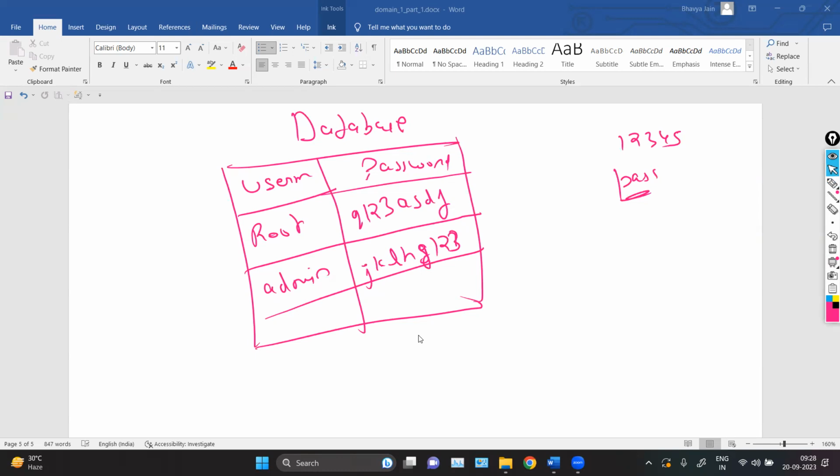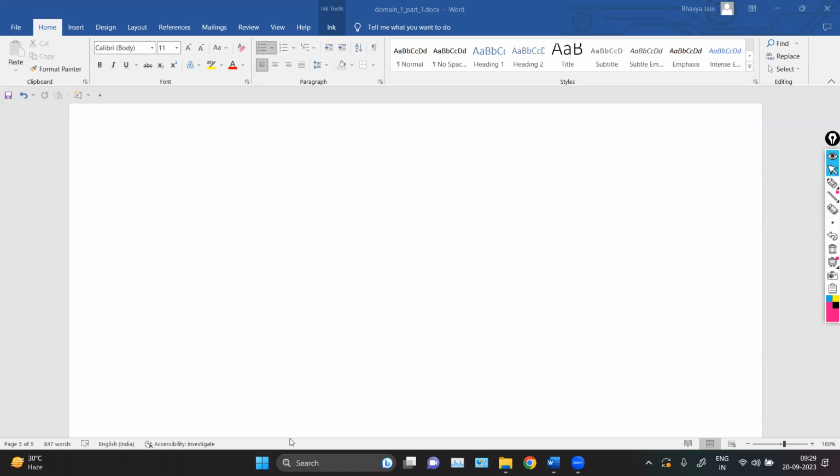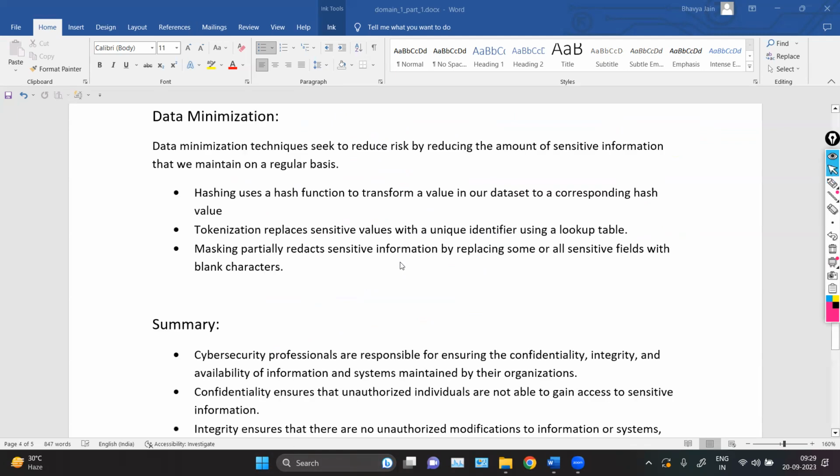And there's one more thing: hashes are irreversible. It means you cannot convert this hash back into the password. If you want to check the password behind this hash value, you cannot convert the hash back into the password. This is not possible. Why this is not possible, we will discuss later. The thing you have to understand here is the concept: in hashing, we are just storing the hashes in place of the real data.